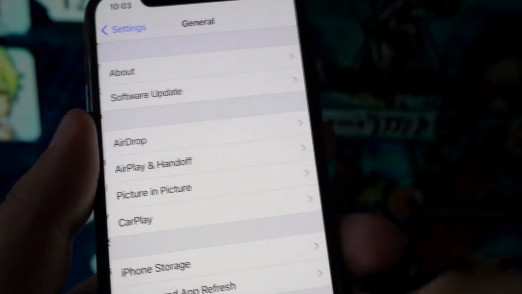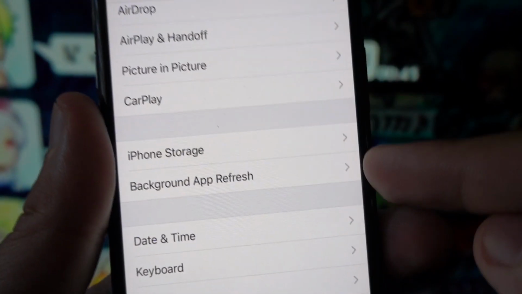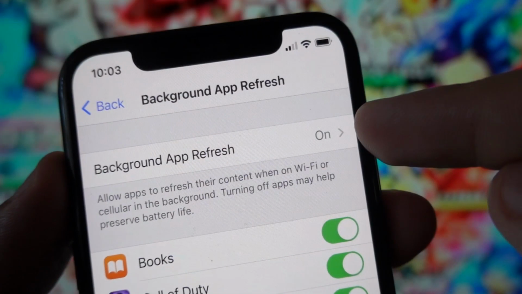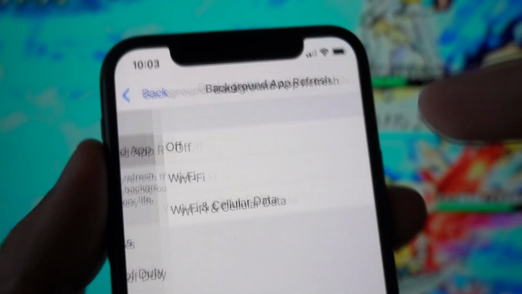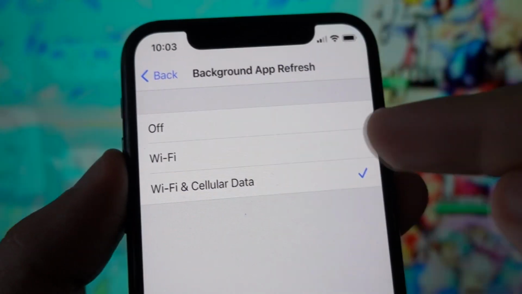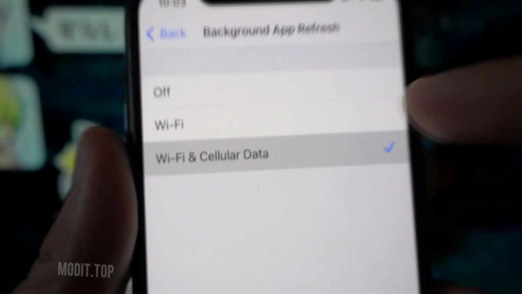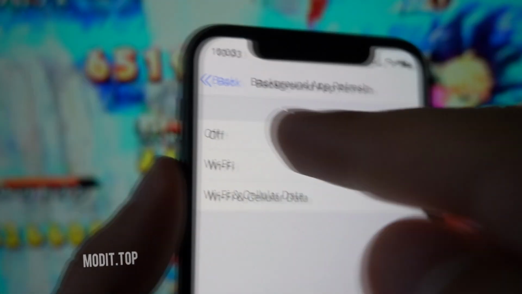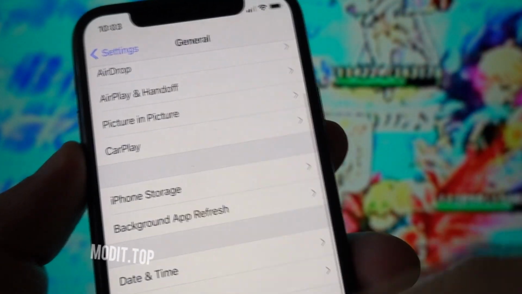above control center, and then your background app refresh right underneath the iPhone storage, and make sure that your background app refresh is on nothing else than Wi-Fi and cellular data. If it's on any other thing, you have to turn it to Wi-Fi and cellular data, because it should be on Wi-Fi and cellular data. Once you've done that, you should also get out of your general settings and background app refresh, and then step